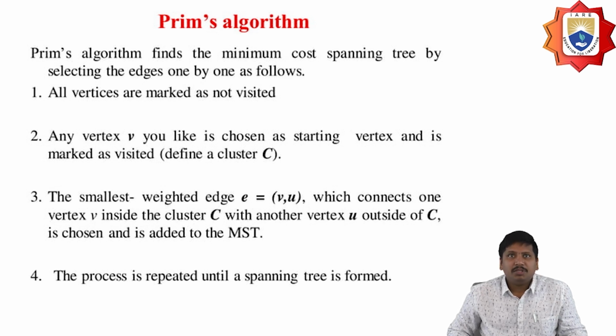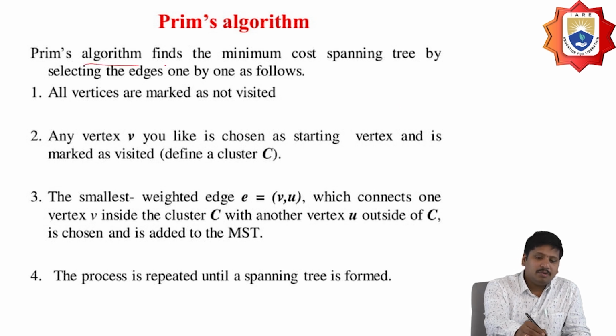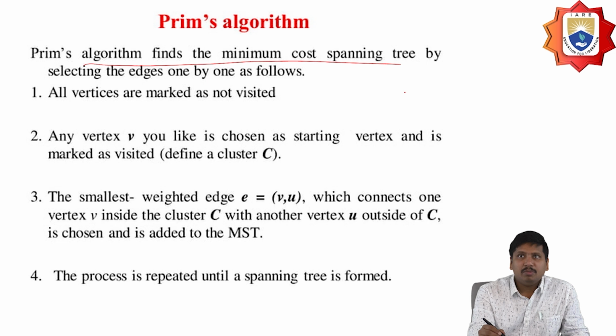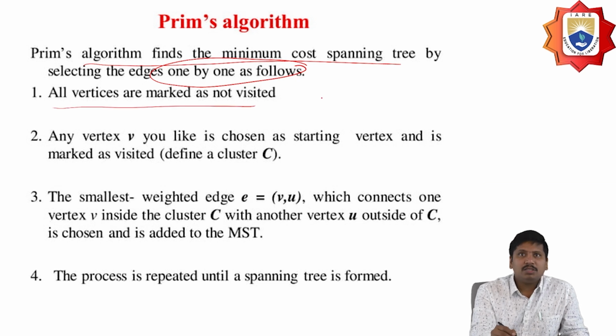Then next one, Prim's algorithm. Here the Prim's algorithm is going to find the minimum cost spanning tree by selecting the edges one by one as follows. The Kruskal's algorithm is different, and the Prim's algorithm is different. So all the vertices are going to be